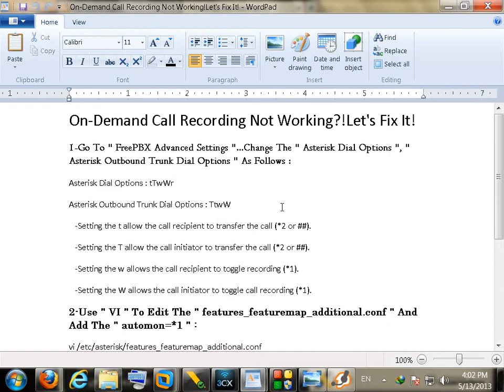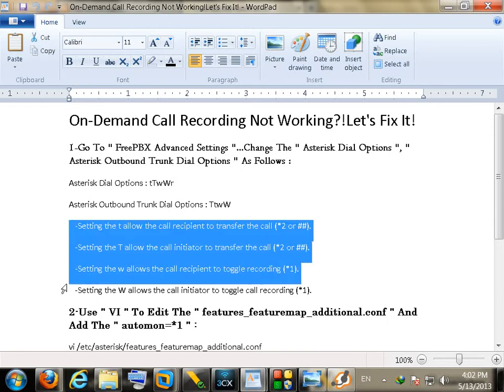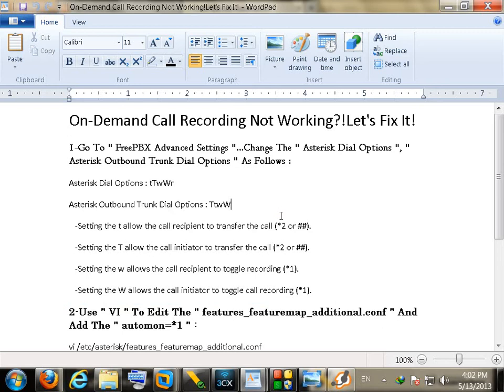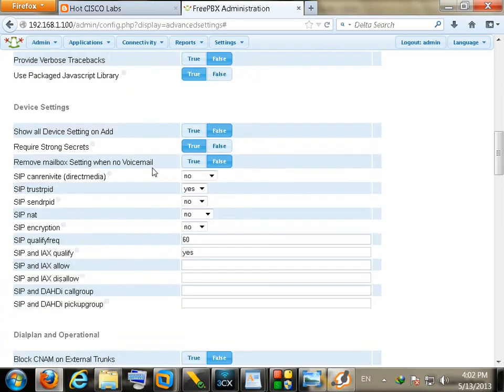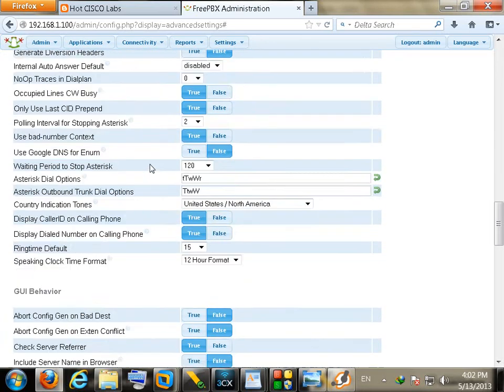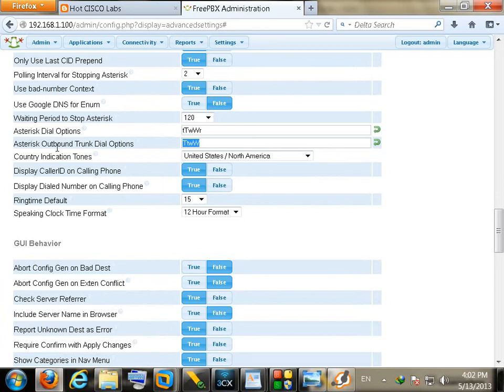So it's very important to know the meaning of these letters here. And after that, now let's test this, and you can see the configuration now has been saved like this. So again, very important to know that the Asterisk Dial Options will control the call behavior internally, and the Asterisk Outbound Trunk Dial Options will control the call behavior externally. And now